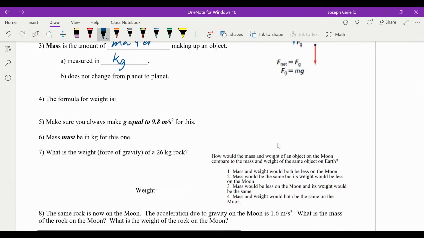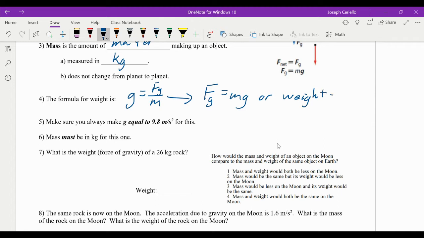So the formula for weight given on the reference table looks something like this: little g equals Fg over m. Little g is the acceleration due to gravity, Fg is weight, or force of gravity, and m is mass. I will never write it like this, though. I'm going to write it one of two ways. I will either write Fg equals mg, or weight equals mg. Those are interchangeable. So again, Fg represents weight,